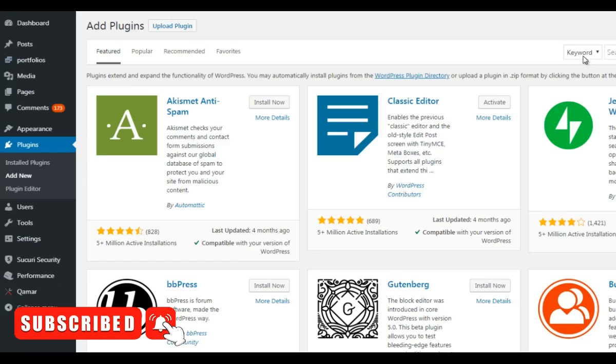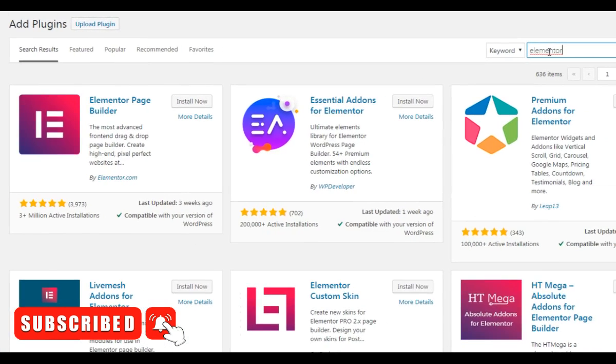We're going to go type in Elementor. So that's Elementor. Make sure we spell it right, like that. Immediately upon entering the keyword, we can see here Elementor Page Builder. Bear in mind they have a pro version which you can buy, but you can do a lot with their free editor. Just the free level itself, there's a lot of really good features. And that's why I like it, and that's why I feel comfortable recommending that to you.